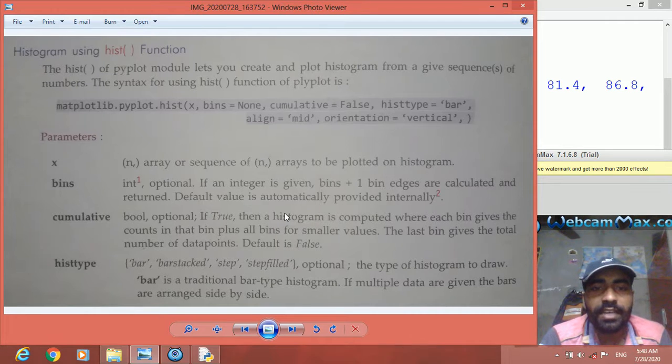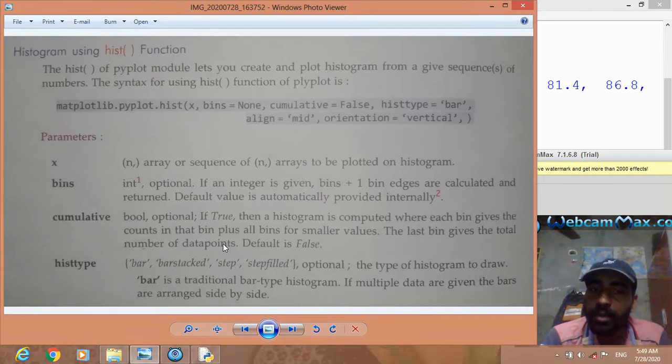If it is given, then a histogram is computed where each bin gives the counts in that bin, plus all the bins before it are also counted. Remember, for smaller values, the last bin gives the total number of data points. Means from the beginning it starts counting, and the total number of data points is given in the last bin.